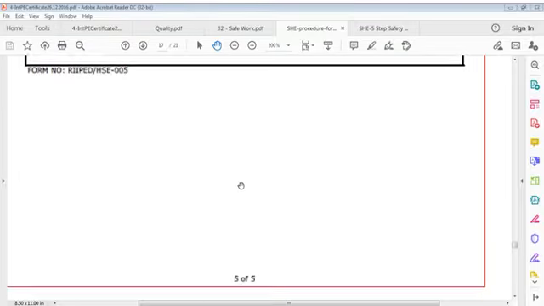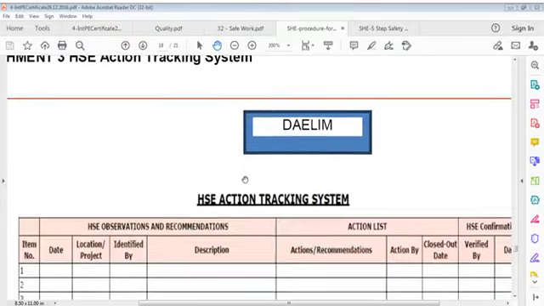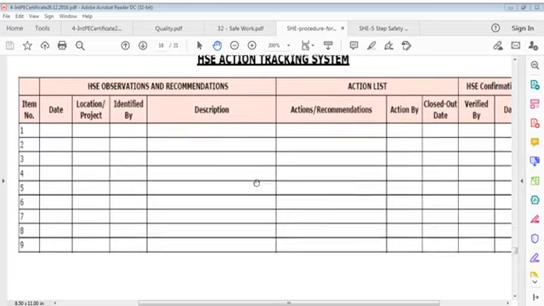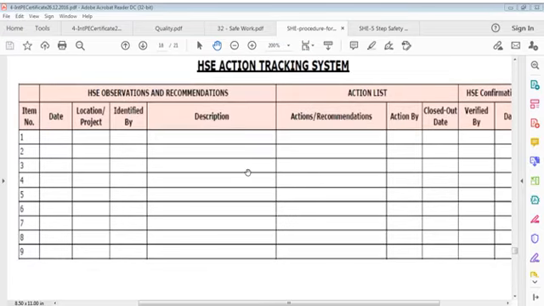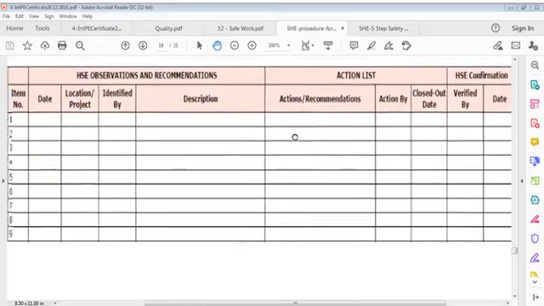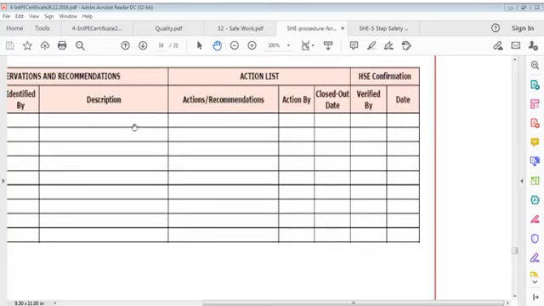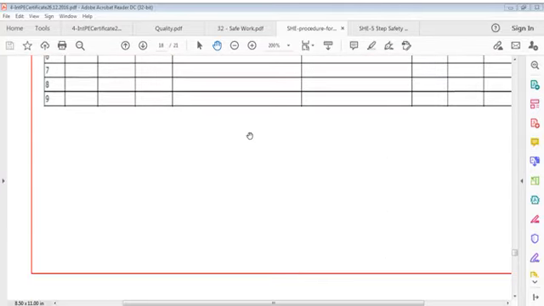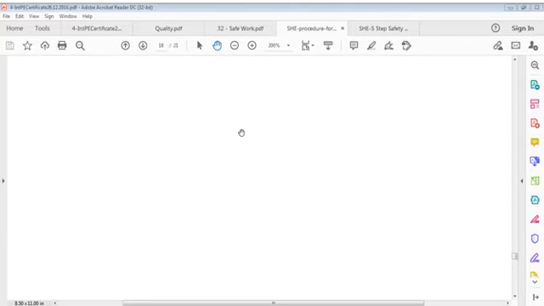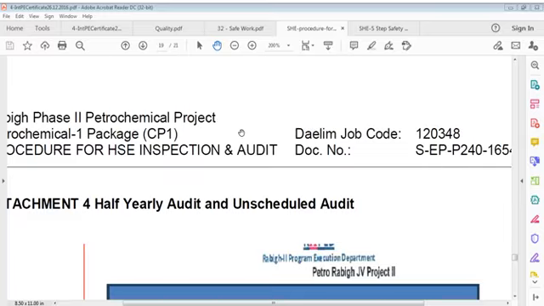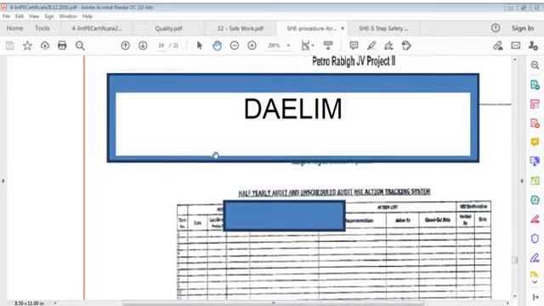That's just one. Then we go to another one, and that is, I think, the action tracking system. HSC observations and recommended actions list and HSC confirmation. This is, you can say, the action taken request, and this is the date, item number, what we wrote there, date, location of project, identified by, description, action recommendations, actions by, closeout date, verified by and date. That's what is required after doing all this, reporting observations, half-yearly audit and